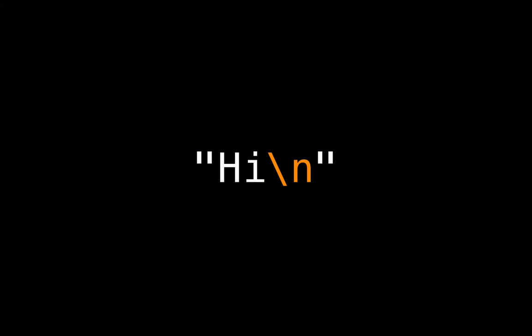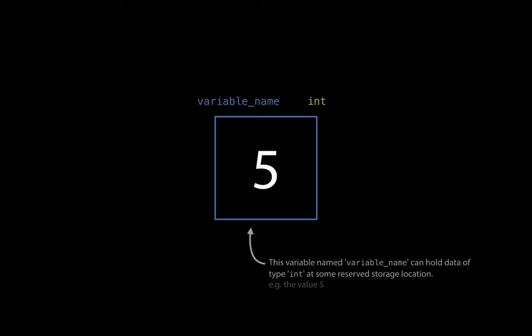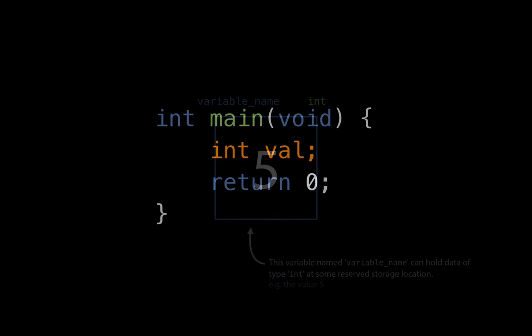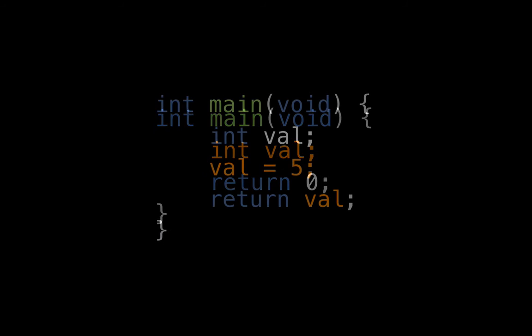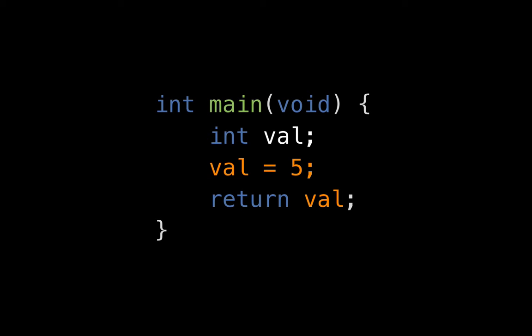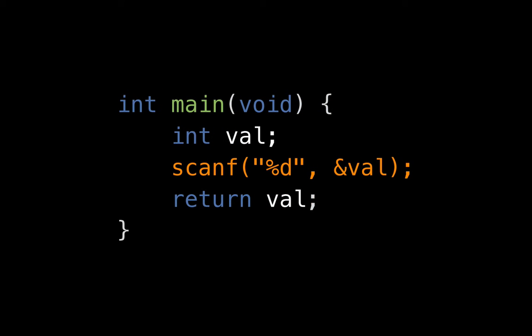escape sequence. Variables in C are just storage locations which can hold a particular type of value and are usually referred to by name. We can declare a variable to inform the compiler that we wish for this variable to exist by specifying the type of the variable, followed by the variable's name, followed by a semicolon to end the declaration. We can then reference the value at the variable via its name, and can assign values to the variable via the assignment operator. We can use scanf with a particular format string to read input from the user straight